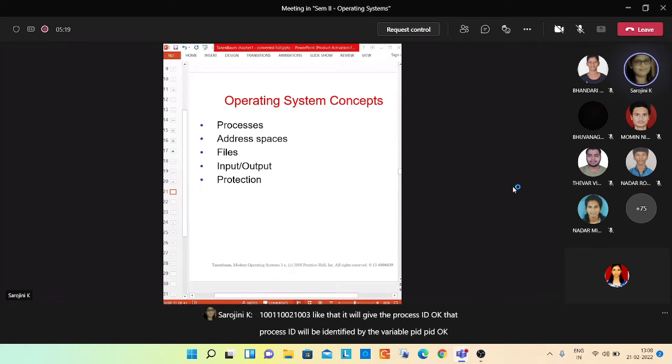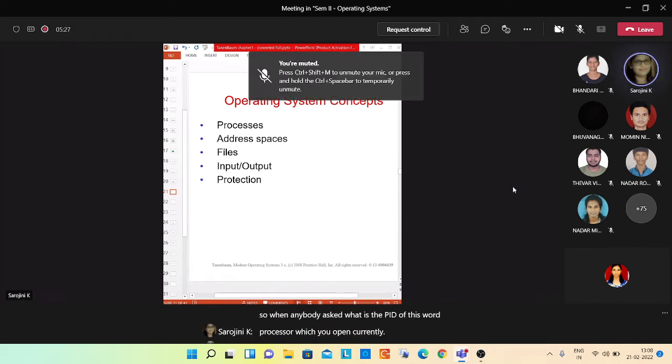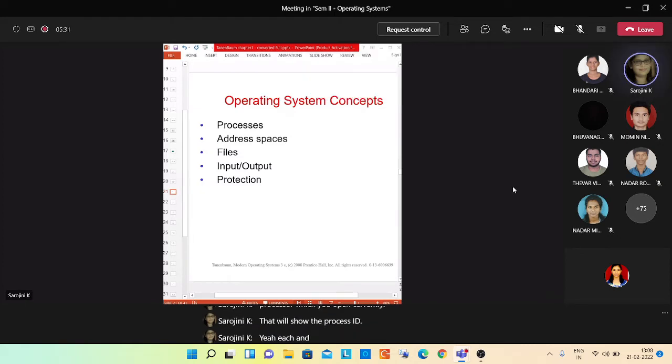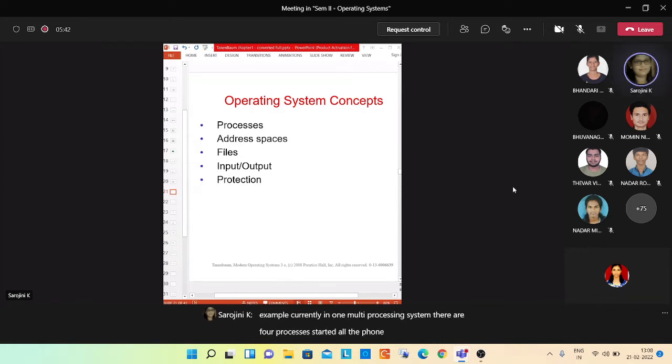So when anybody asks what is the PID of the word processor which you opened currently, that will show the process ID. Each and every process will have a unique process ID. For example, in one multiprocessing system, there are 4 processes started. All the 4 processes will have different IDs, not repeated. That's why I'm saying unique.